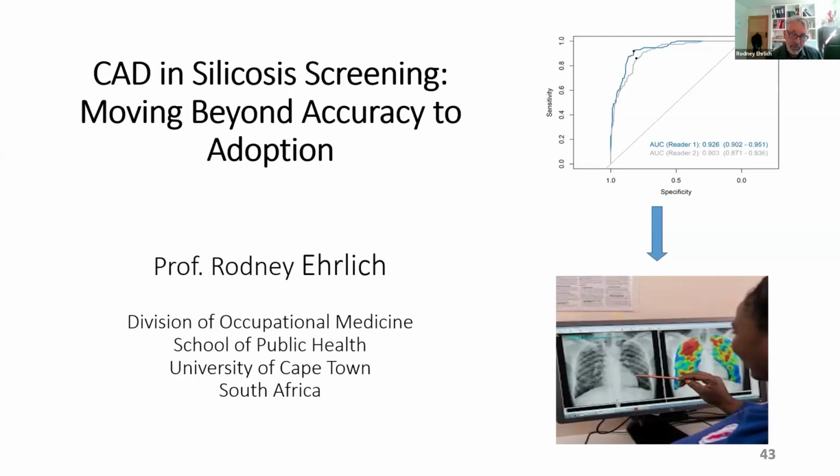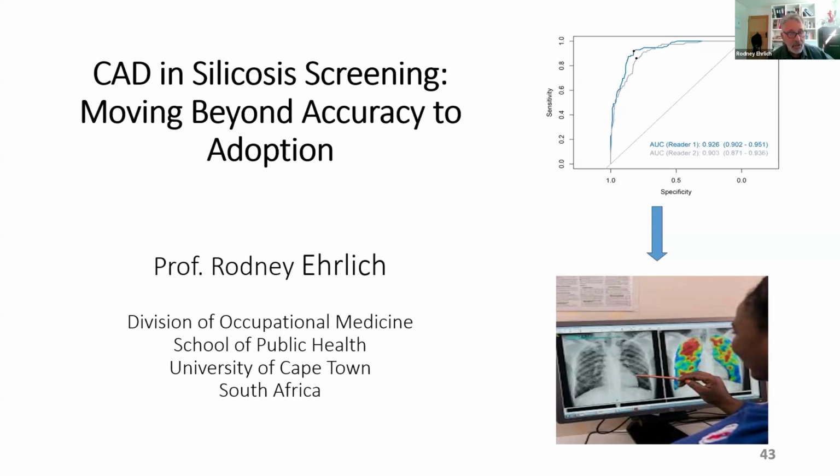The presentation about this particular disease, silicosis, follows on quite closely. Unlike lung cancer, silicosis is very associated with tuberculosis, which I think is one of the reasons that Delft have invested in silicosis, because they are similar markets, similar populations. And my perspective, there are two important